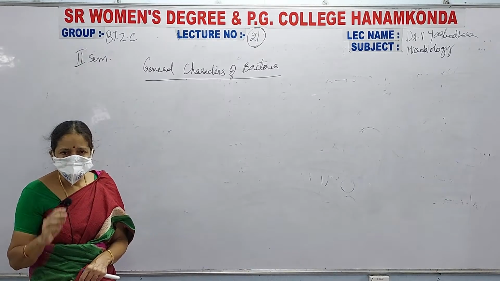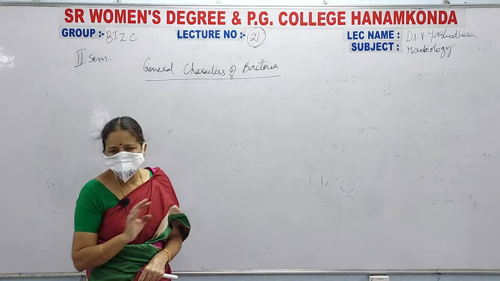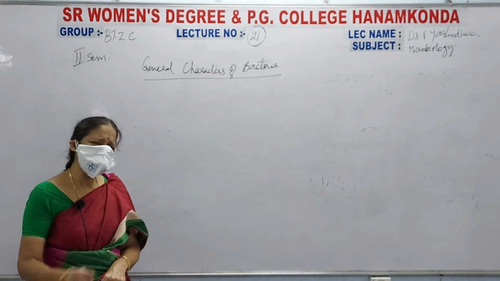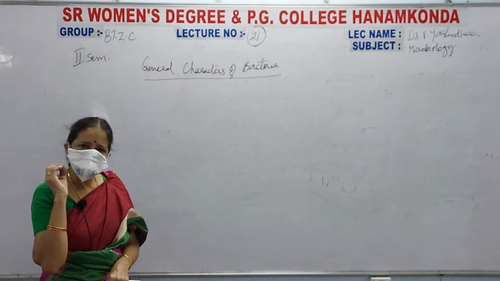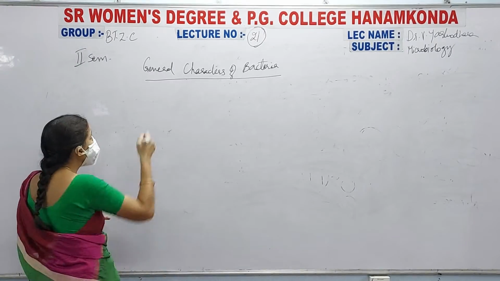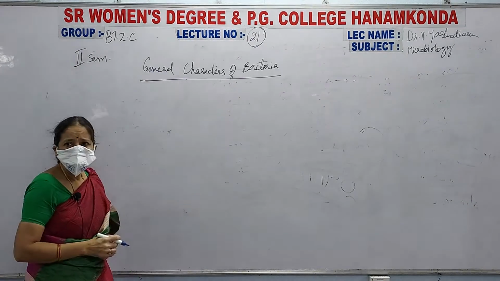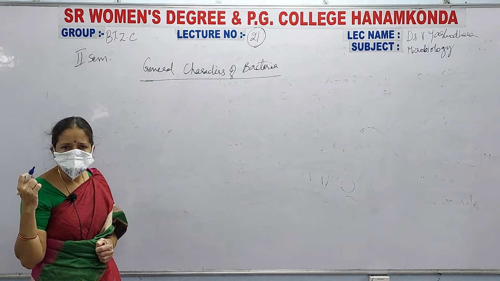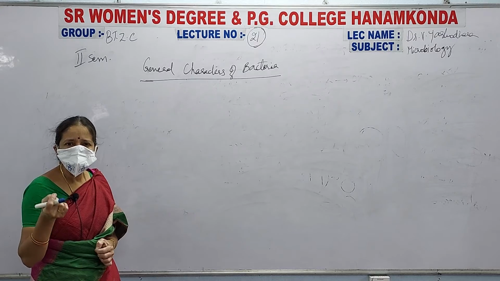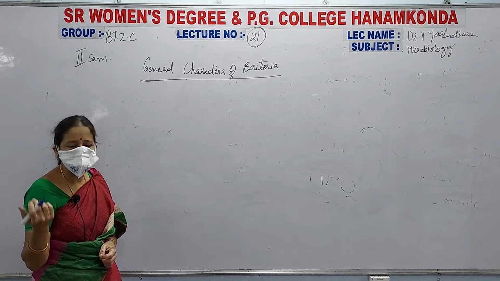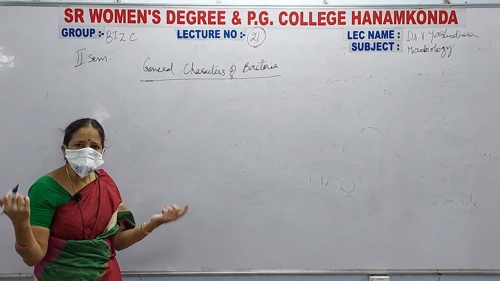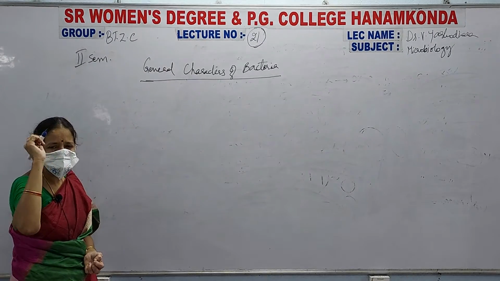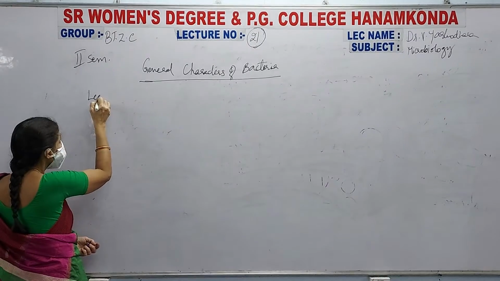And yesterday I started the outline classification of microorganisms, which we have seen. Next, today we are going to study the general characters of bacteria. You already know we completed this in your first semester. Bacteria cannot be seen with naked eyes, they may be unicellular or multicellular, they are present enormously in the environment, and they were first identified by Leeuwenhoek.